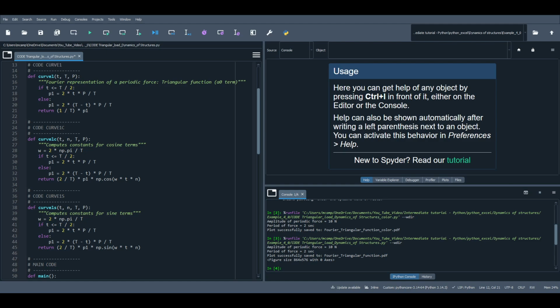After there is the curve, the function curve1c. This function defines the mathematical expression needed to calculate the An coefficient, the cosine term of the Fourier series. Here, in line 26, define the function adding n, the harmonic number. In line 28, calculate the fundamental angular frequency omega equal to pi divided by T. And after there is the if and else, identical to curve1, generate the base triangular shape and return